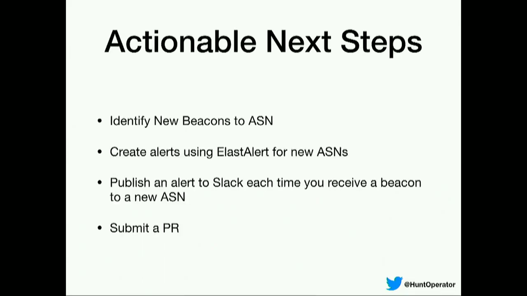So these are the actionable next steps for beaconing. Identify those new beacons to ASNs and create a whitelist on those ASNs. Create alerts using ElastAlert for new ASNs, and then I don't know what type of alerting system you have. I've seen a lot of people that use Grafana. I find Slack to be great to just have a channel where I'm publishing new alerts,